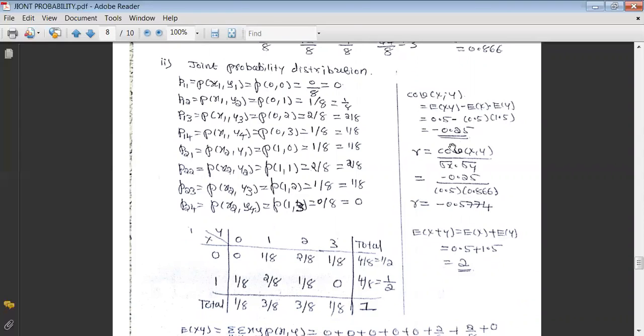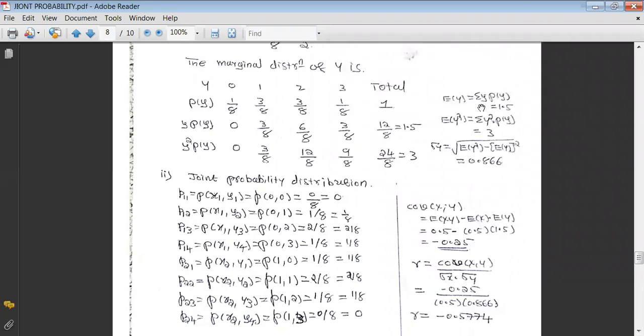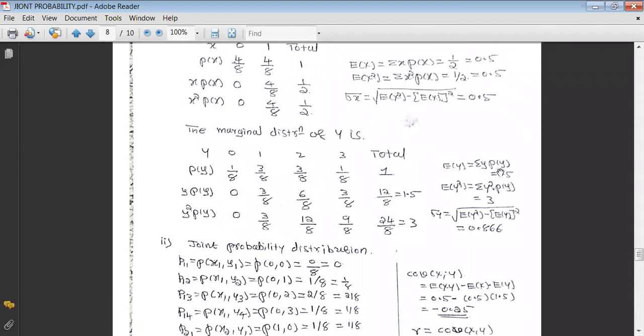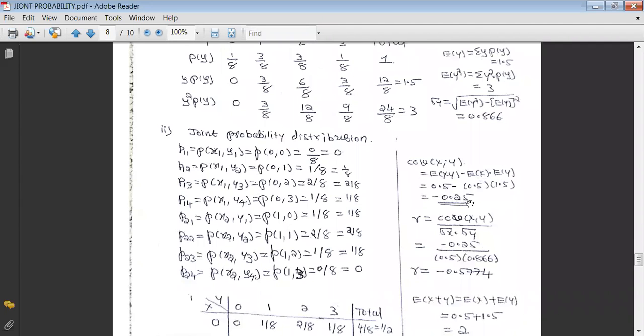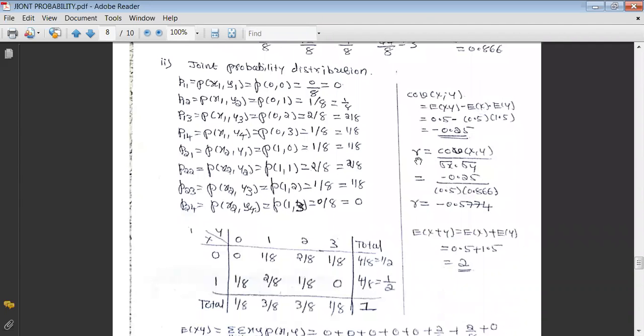Okay, and there might be some calculation mistake. Expected value of xy is 0.5 and expected value of x is 0.5 and expected value of y is 1.5. Once you calculate, its value is going to be minus 0.25, and correlation coefficient R is given by covariance of